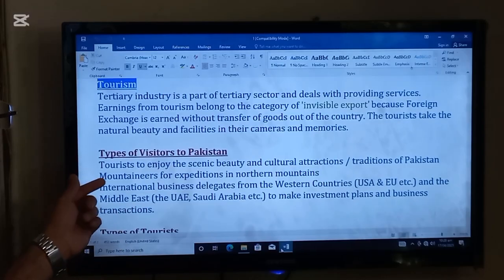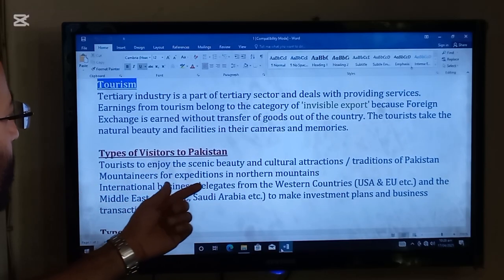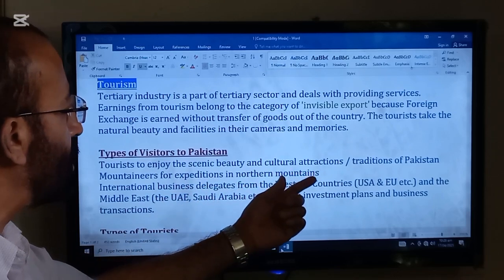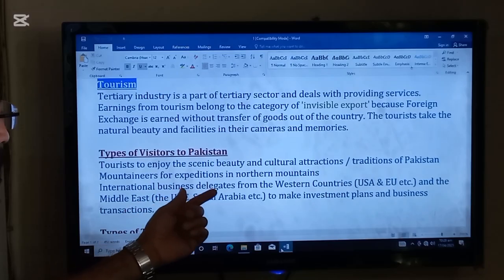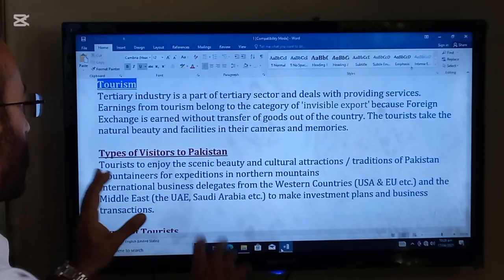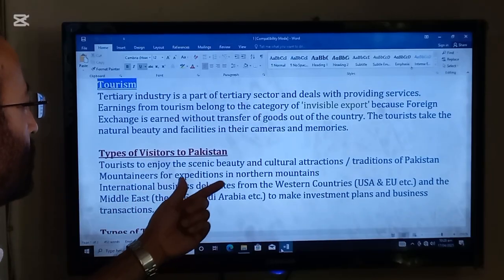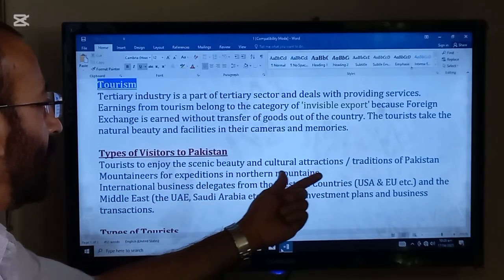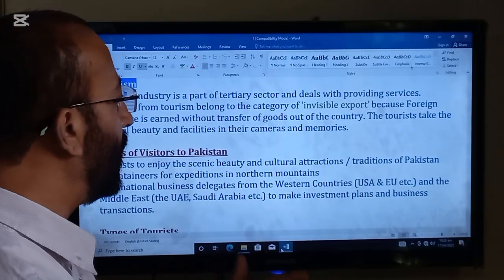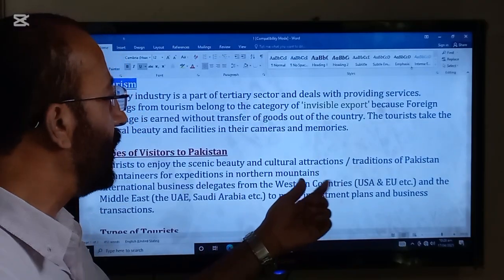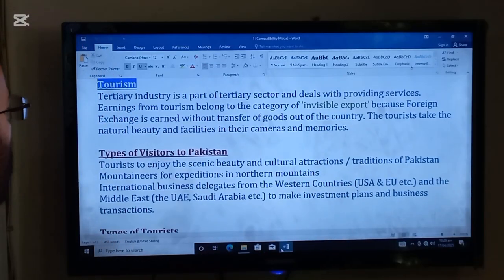The next point is the types of the visitors to Pakistan. Tourists to enjoy the scenic beauty and cultural attraction, traditions of Pakistan; mountaineers for expedition in northern mountains. So this is the first type of the visitors to Pakistan that actually come to enjoy the scenic beauty. The cultural attractions, for example, Sikhs, for example, Hindus come to Pakistan for different cultural and traditional events which are